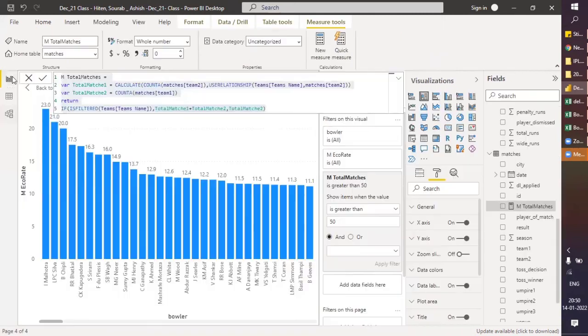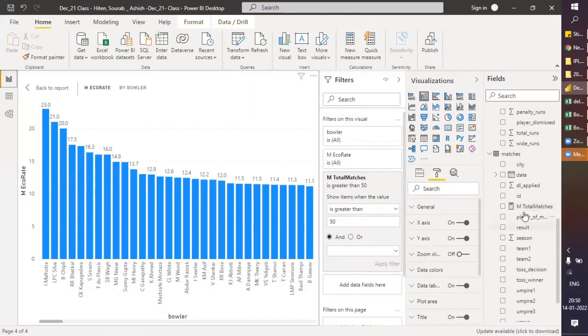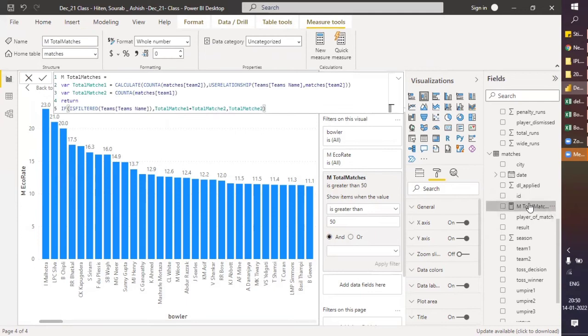Our filter was not working, so what we did was create this with a logic that if there is a filter, then use this one, and if there is no filter, then just use match ID, and if there is a filter, then use first innings plus second innings.